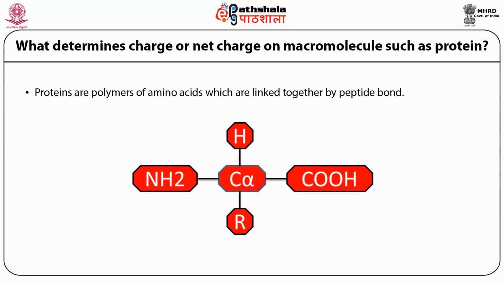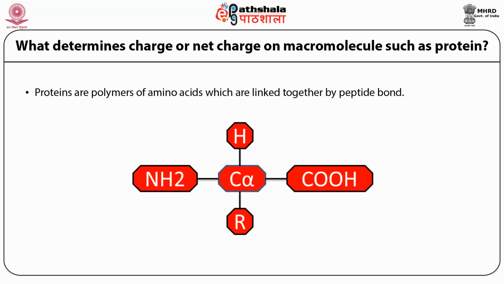In this slide, we have shown the structure of an amino acid, which contains the amino group and carboxylic group, and one hydrogen atom and one group referred as R group. And in this structure, there are two groups, NH2 and COOH, whose dissociation can contribute to charge on amino acids. R group can also have some dissociated groups for certain amino acids,